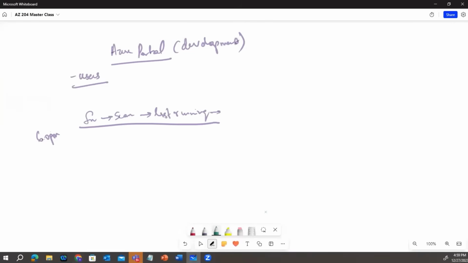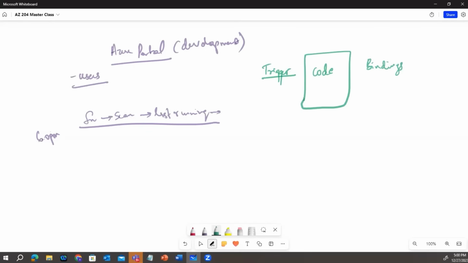I said that every function needs to have a piece of code, right? You're going to have a function app, and inside that you're going to write the piece of code. Now to run this particular function, or this particular code, there are two things. One is the trigger, the other one is the bindings, right?